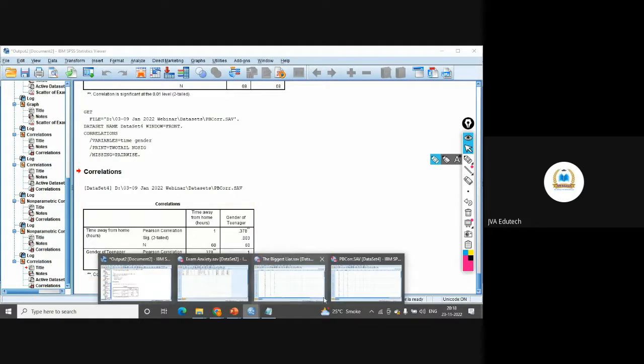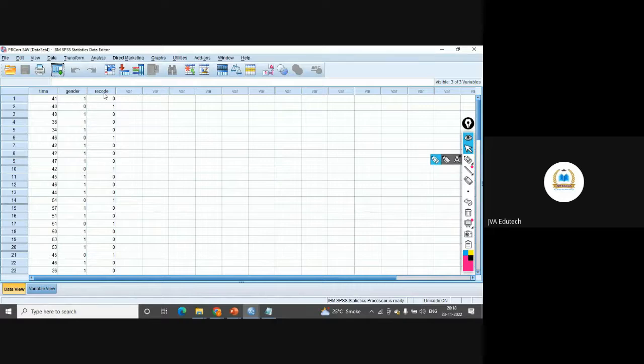This is the relationship. Now, if you want to check it again, I have recoded it. All 1 as 0. Now 0 stands for male; here 1 was standing for male. Now I have recoded it, reversed it. So now 0 stands for male and 1 stands for female. Yes, sir. And again, if you analyze,